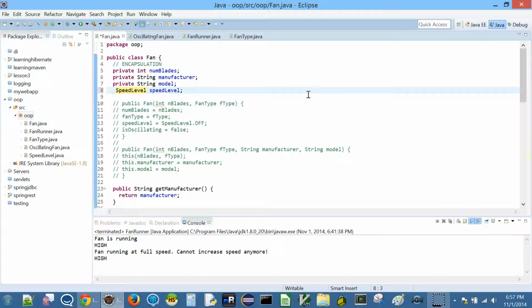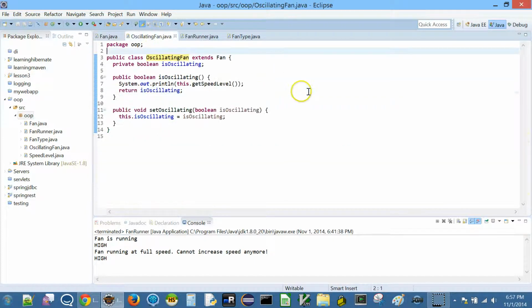Otherwise, if I only want this field to be accessible to its child classes, just go here and I can say protected. If I say protected, I can access the speed level field in my subclass, right? So now I can go here and say this dot speed level, right?